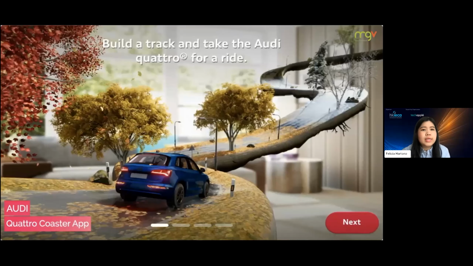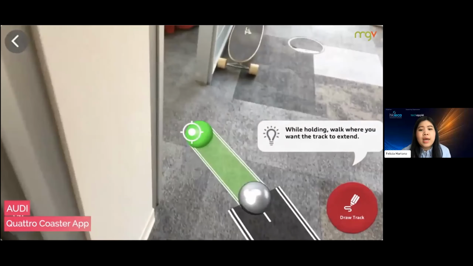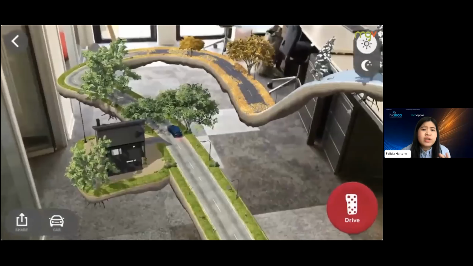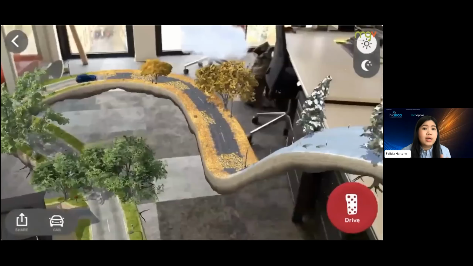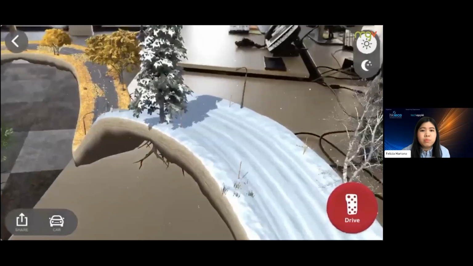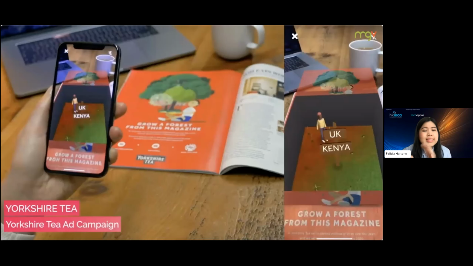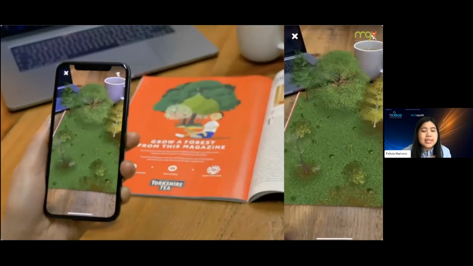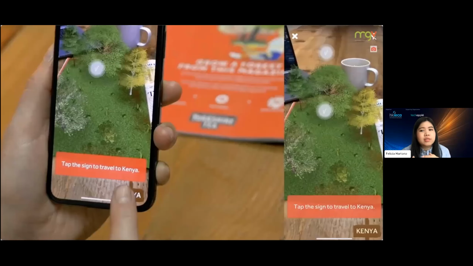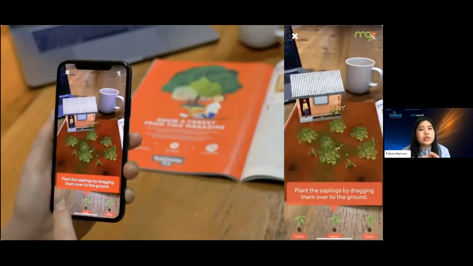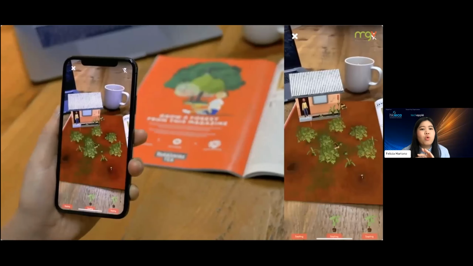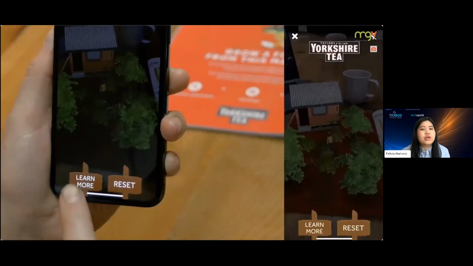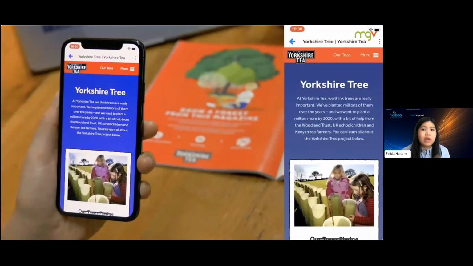So this first one is actually done by the brand Audi. Once you scan the room with your mobile device, you're able to create this really realistic and immersive 3D truck wherever you're staying, in your living room, and interact with it. And the second one is something as traditional as a magazine ad, but then you can add this layer of interactive activity and make this whole experience much more immersive, much more informative,